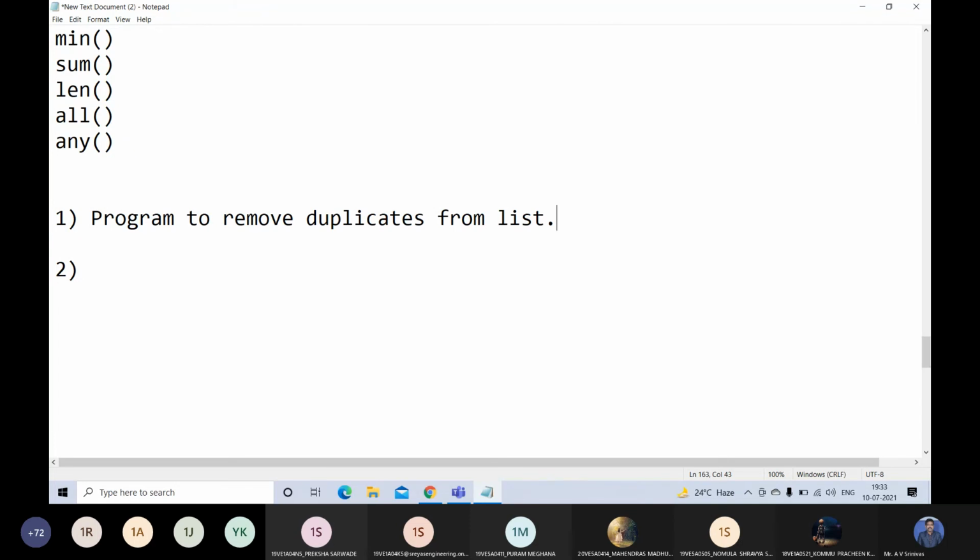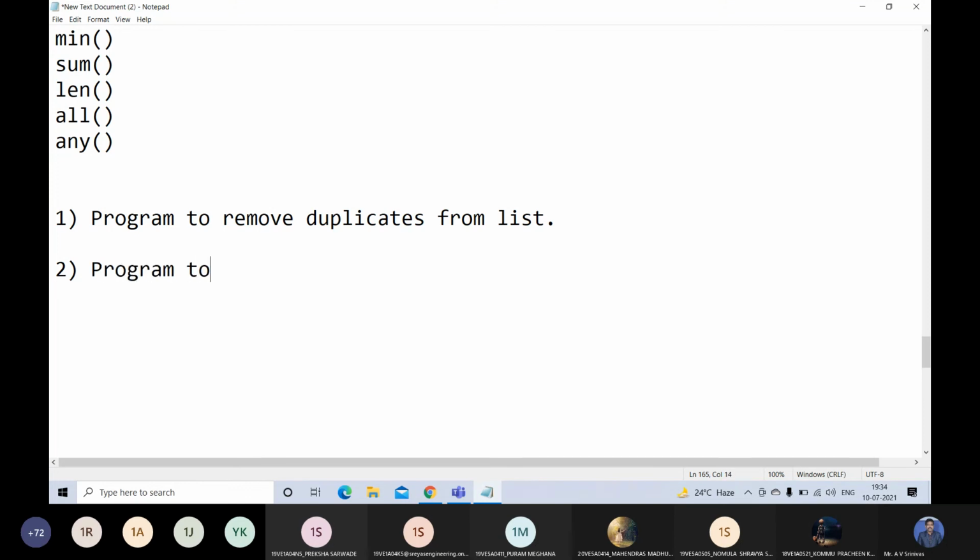That means you have to take one list, and in that list you have to store the elements from the keyboard, including duplicate values, and after that the duplicate values should be removed. By using some logic, you can remove them, and you can print the list after removing the duplicates. That is one program.